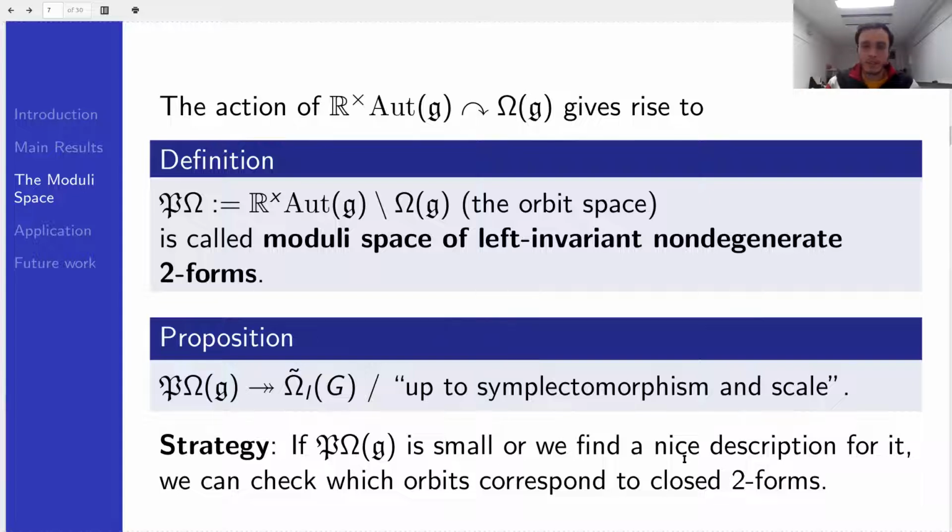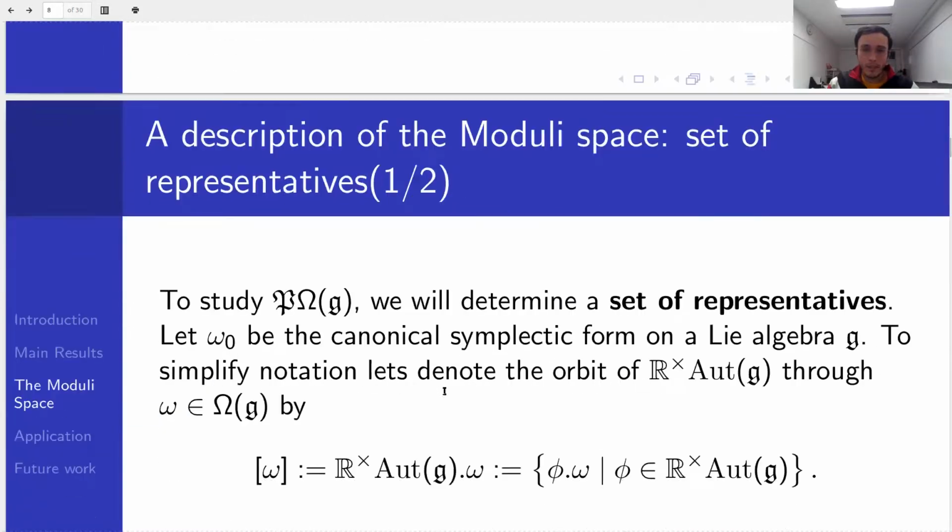Of course, closedness is preserved in the orbit. So if we have the description for this orbit space, we just have to check each orbit which corresponds to closed two forms. So the first thing to do before actually searching for the closed two forms is to find a nice description of this orbit space. And one way of doing it